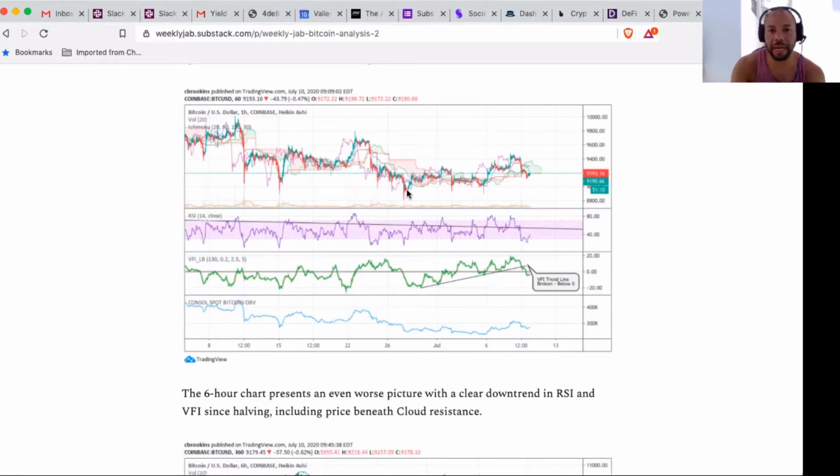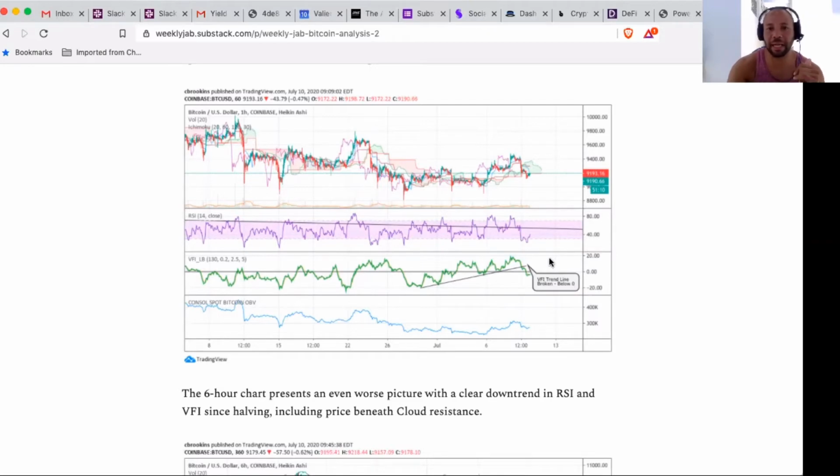So on 1 hour, dating back here, price was kind of not trending upward or downward, but just oscillating within this very tight band. It may be slightly up, slightly down, depending on whenever you started. But you saw a trend moving upward from VFI and breaching above zero, which resulted in the huge up push that we experienced at the beginning of the week. So that's just an example of a powerful utilization of this particular tool in terms of divergence. But that has since reversed, although RSI is now in oversold territory.